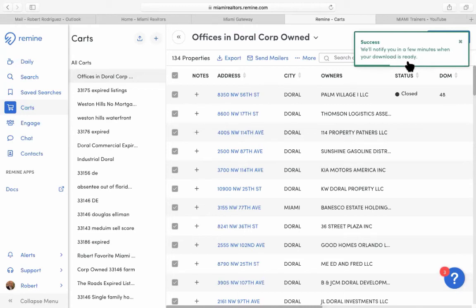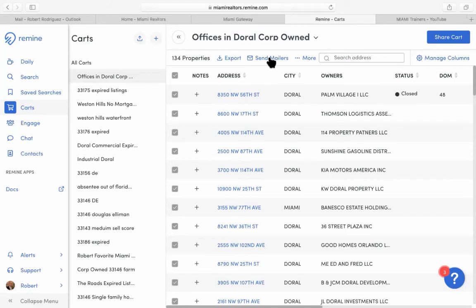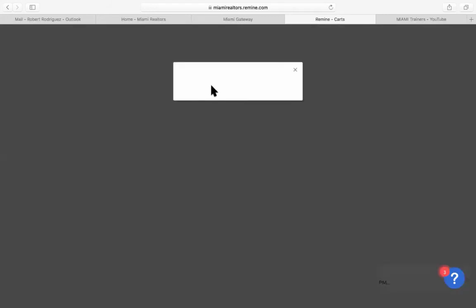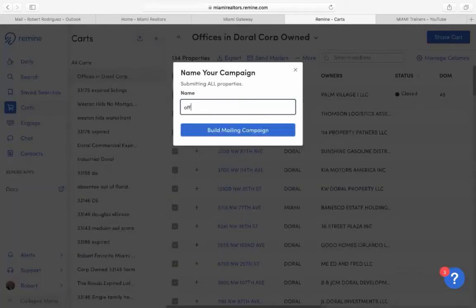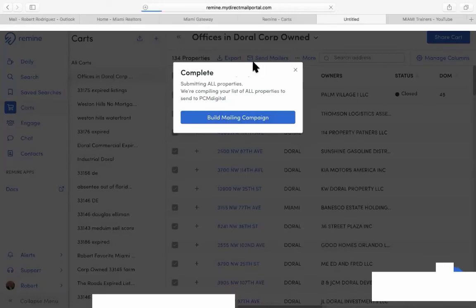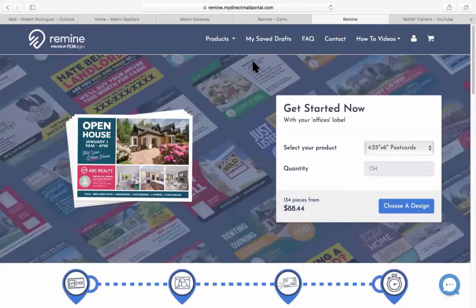We have over here send mailers. So if you want to send mailers, you can by selecting send mailers. You're gonna give it a name. Let's call this offices, and then click on build a campaign. All right, so you're using a third-party vendor that is associated with Remine to build a campaign. So for postcards 4.25 by 6 inch, you have 134 postcards. You're gonna design, print, and mail it out for